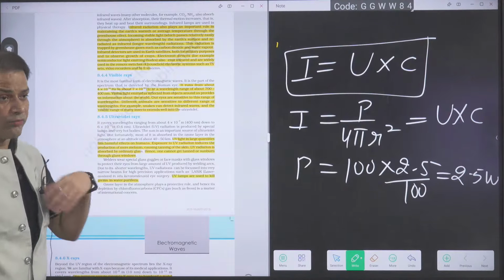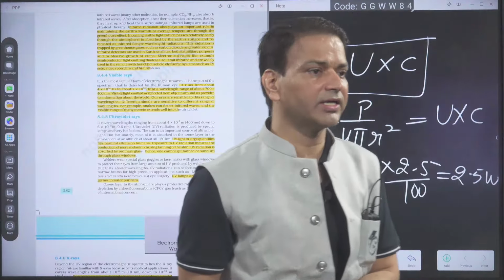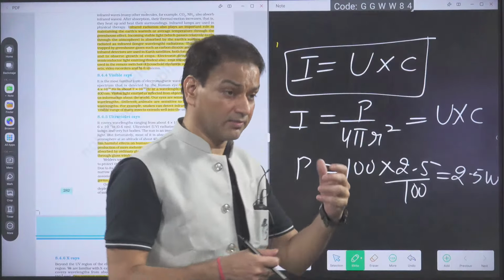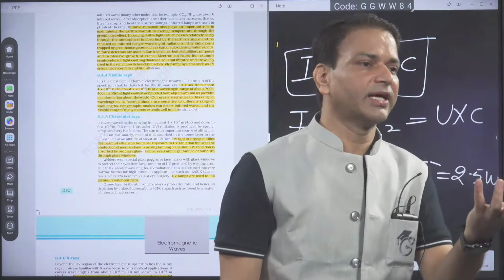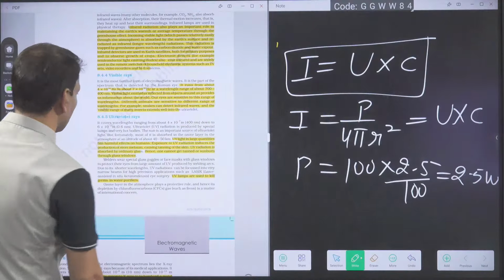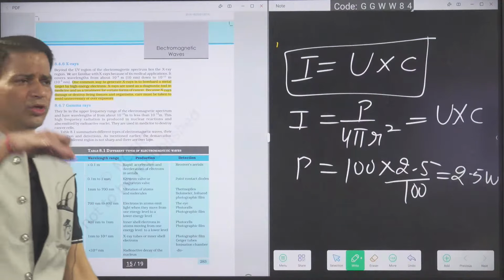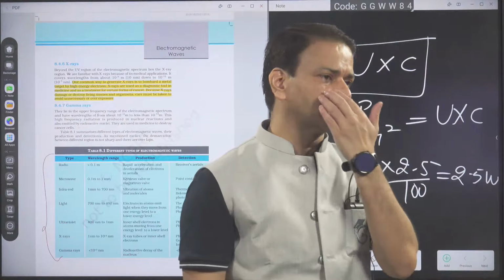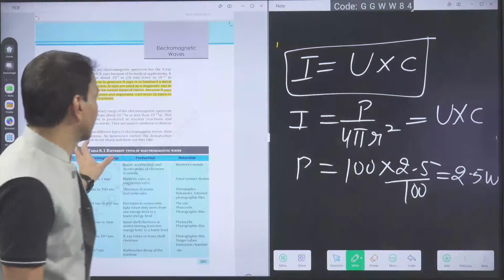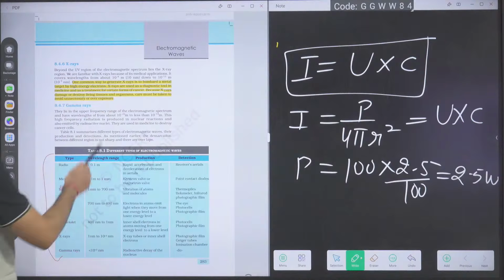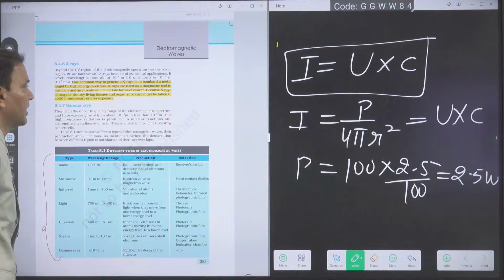How are we protecting ourselves from the ultraviolet? Ordinary glass absorbs ultraviolet radiation. That's why when they are welding with an arc, they put glass in front of the eye to protect their eyes from UV radiation. X-rays are produced in the Coolidge tube. When fast moving accelerated electrons lose their energy, they emit X-rays. What are the uses of X-rays? Everybody knows, for scanning purposes, and as a diagnostic tool in medicine and as a treatment for certain forms of cancer.